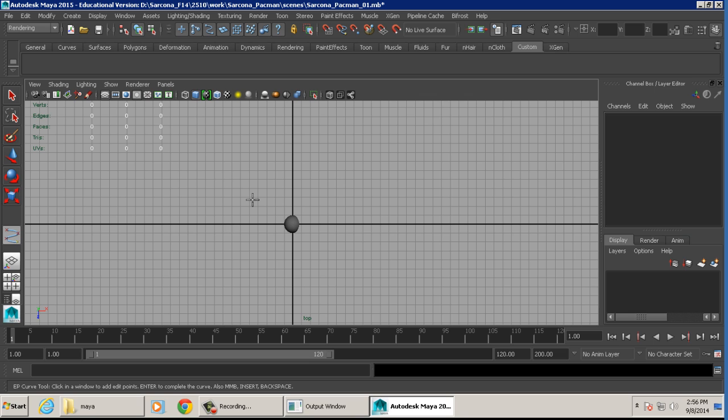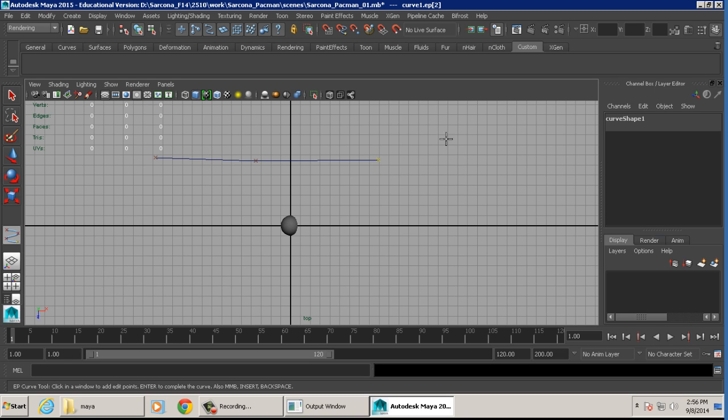Now again, we want to be kind of OCD accurate about this. We don't want to just do this, which is just clicking a path for Pacman to go on, because it's not what Pacman does. Okay, we're going to hold down the X key. And if we go to our snapping on our hotkey area, X is grid snapping. So we're going to hold the X key, and we're going to click somewhere on the grid. Doesn't matter where you start. It's all up to you where you want Pacman to go. Okay. So I held X, I clicked a point. I'm still holding down X. I'm going to click another point, and I'm just holding X and clicking points,